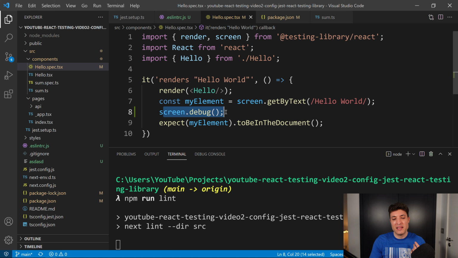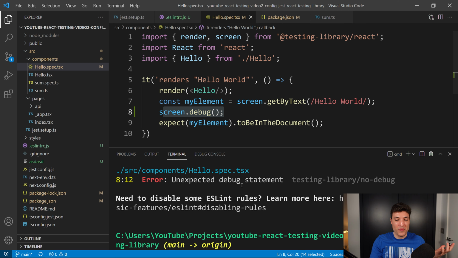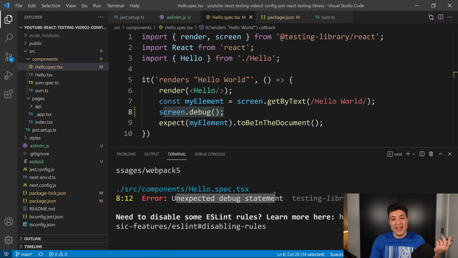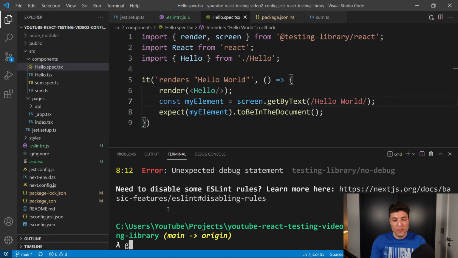Basically, this is similar to a console log, but in this case, it will print all the DOM that we have on the screen. Okay, so as you can see, an unexpected debug statement. It does a lot more things for us. Okay, now the next step that we are going to do will be to go to our